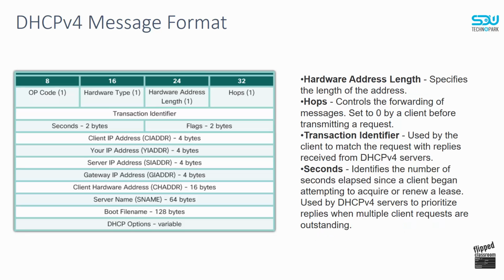Next one is the hardware address length. Specifies the length of the address. A number of hops controls the forwarding of the message, set by a client before transmitting the request. Also, we have the transaction identifier used by the client to match the request with replies received from the DHCP